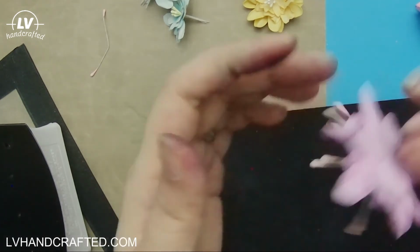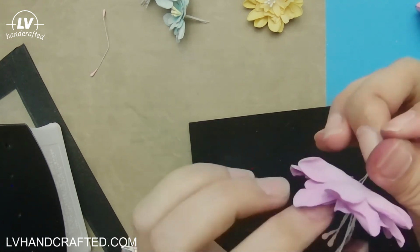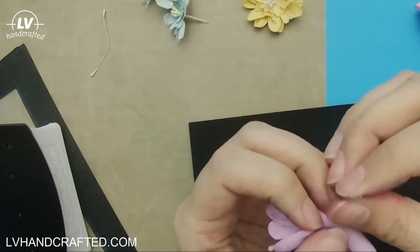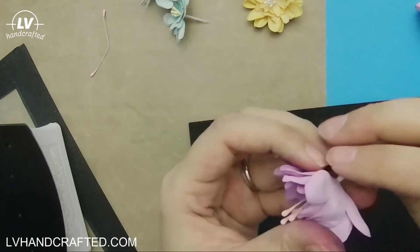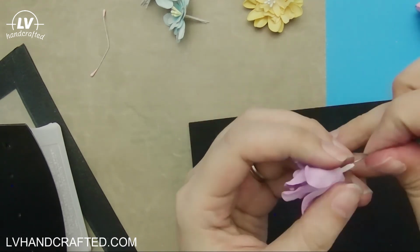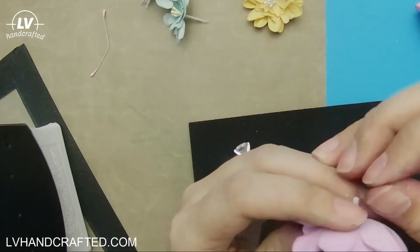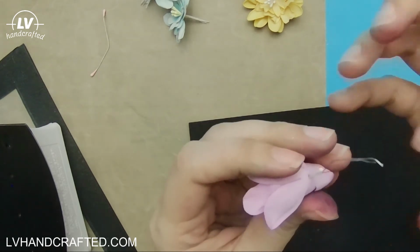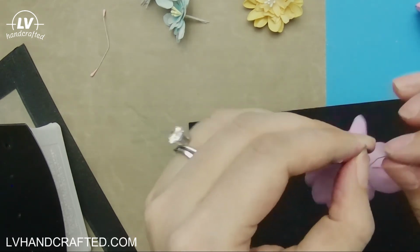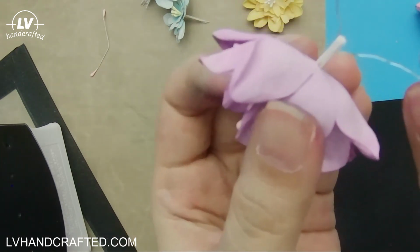This wire is really nice because it's just so thin, so I don't have to worry about making a ginormous hole. I do find that with this die, the center portion of the petals is not a large area in the middle there, so that's why I'm trying to be a little bit gentle, especially on the smaller petals, so that I don't tear right through. So now that I was able to pull all of my stamens through, I'm just gonna pull this wire out,